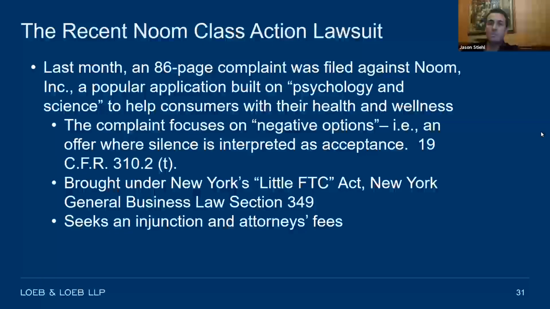And what this particular class action focused on was the negative option specifically, and it spends about 50 pages going through the history of negative options, the types of enforcement actions that have been brought. So if anyone's looking for more education on the history of dark patterns, this is a good class action. The complaint itself is a pretty good recitation of that. But what a negative option is, we talked about it before, is that automatic renewal type concept that many states have also put into statutes separate from their own consumer fraud statutes.